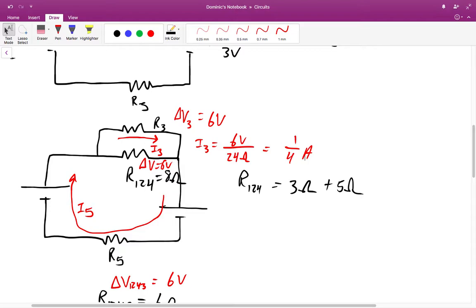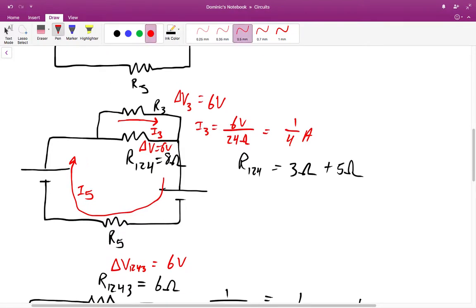I'm going to leave it like that. We can also figure out the current going through this resistor here. You could call it I124 if you want to, and that would be delta V over R. So that'd be 6 volts over 8, so that would be 3/4